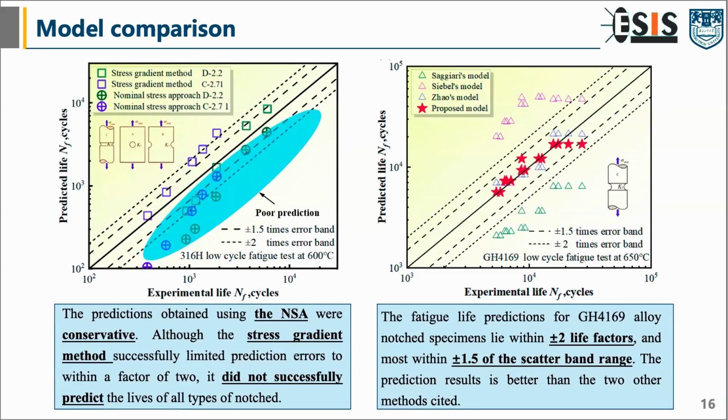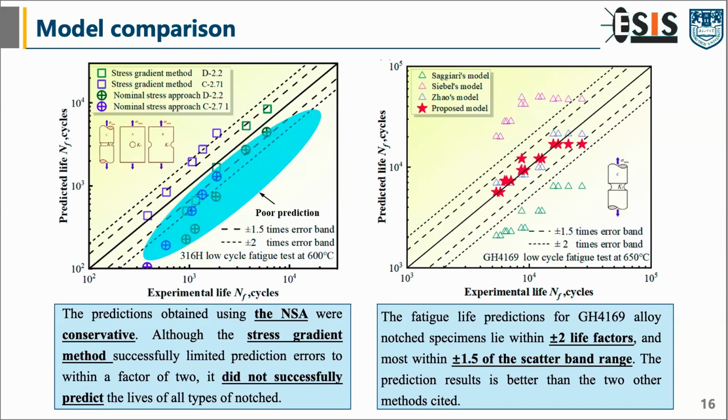And besides, we did some model comparisons. The first figure shows that the predictions obtained using the NSA were conservative, like the blue area in the figure. Although the stress gradient method successfully limited prediction errors to within a factor of 2, it did not successfully predict the lives of all types of notches. And the second figure shows that the fatigue life predictions for